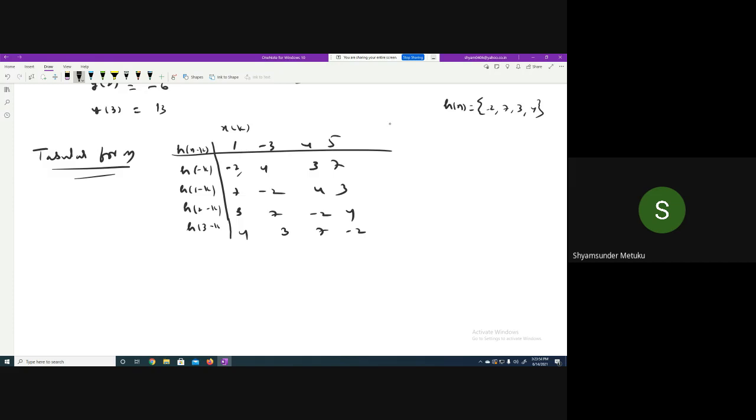How have I written it? For the given input h of n, the first row is h of minus k, which is the first sample written as it is, and the remaining samples just flip. 7, 3, 4 is written as 4, 3, 7. For the remaining rows, 1 minus k, 2 minus k, 3 minus k, minus 2 will come here, 4 here, 3 here, and the 7 will be appended at the beginning. Same thing for the second row, shifting towards the right by one: 7 will come here, minus 2 here, 4 here, 3 will be added here. Is it clear?